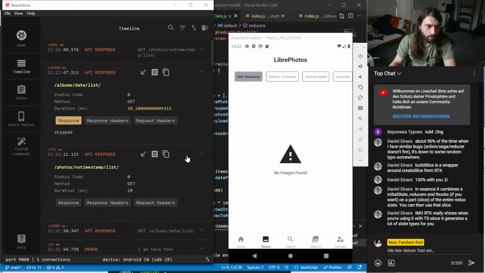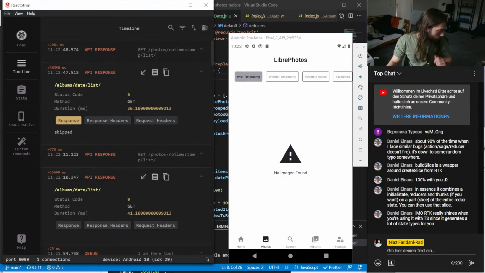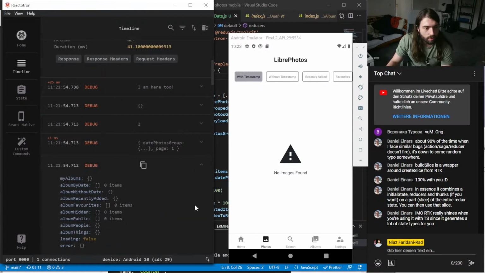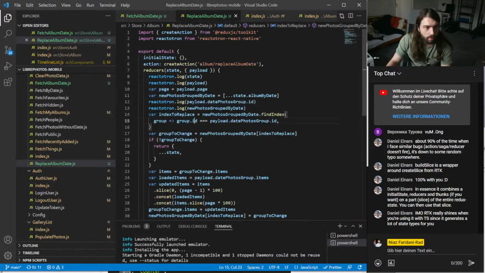Skipped? Why do you skip that? Okay, I think I have to restart the Docker thing. All right. I think we're close. It's probably just a small typo in here that I have to define a bit differently.